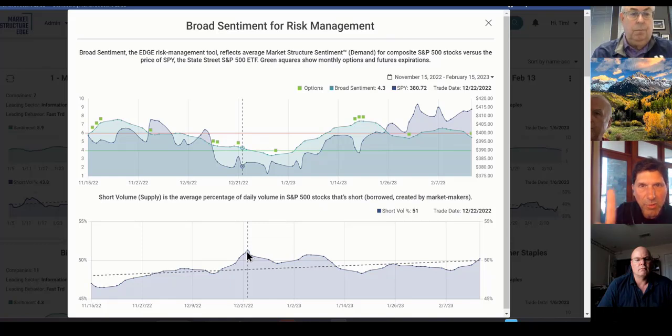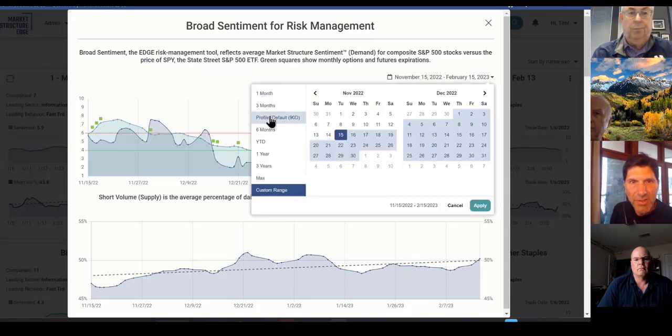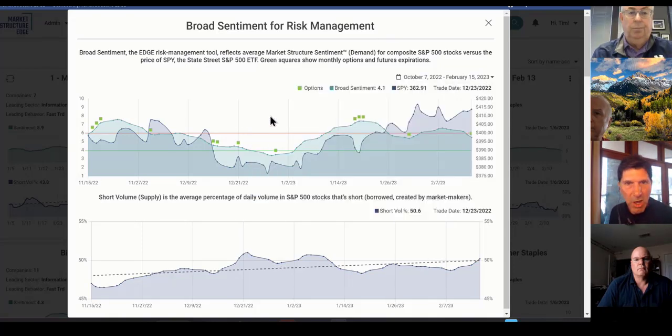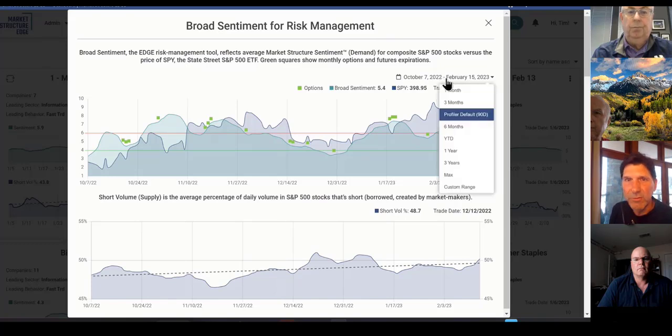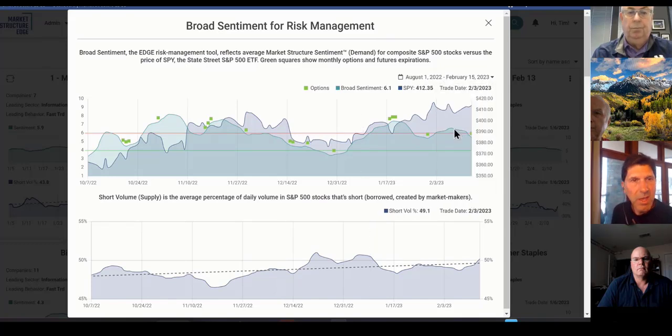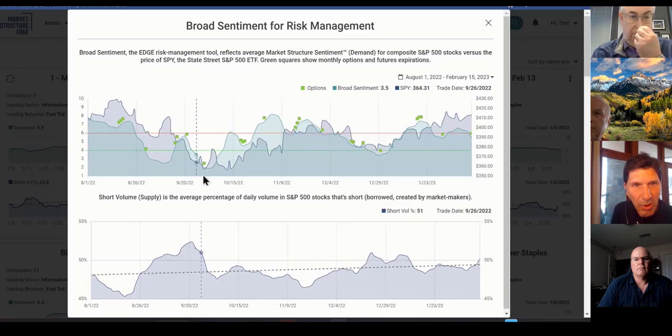I take it back. I said in the market desk note today, there was only one other time when it was higher. That's not true. It was higher right here, right as the market bottomed. And if you go back a little further, I think this is useful just to know, and these are all-time highs. You can look at the entire data set, and the highest that it has ever been, I've got to go further, was right before the post-pandemic bottom in here. So this was the high. See how high that short volume was?